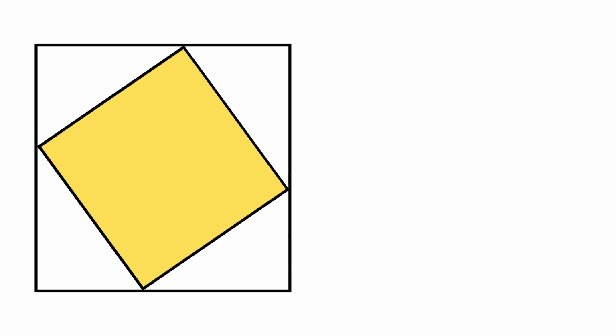We have a big square, and inside the big square there is a small square. Notice that the small square touches all four sides of the big square. The area of the inner square is 25 square units. Also, this shaded triangle in the corner is 6 square units. If we draw a circle on the bottom right side of the square, can you find the area of the